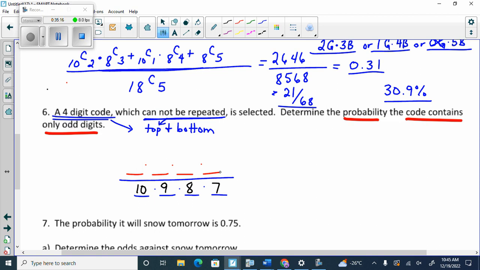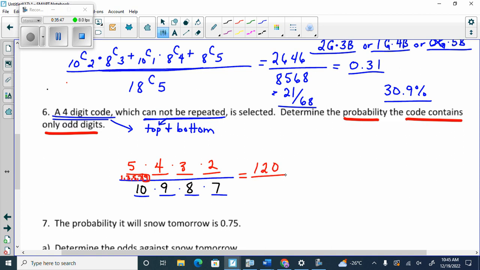Okay? So what are my options for this one? 1, 3, 5, 7, 9. So how many do I have? 5. Then I box and hold because that's how I remember that I'm getting rid of a number. I can't repeat. So how many are left for here? 4 then. So let's go through the answers again. So we get 5 times 4 times 3 times 2, 120